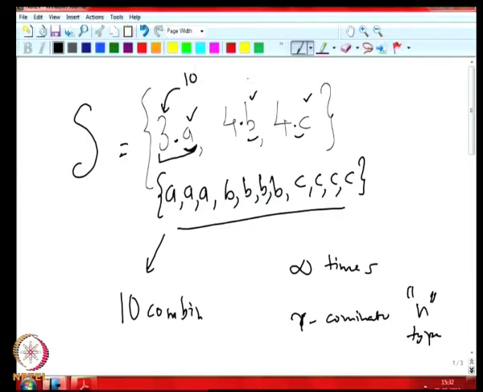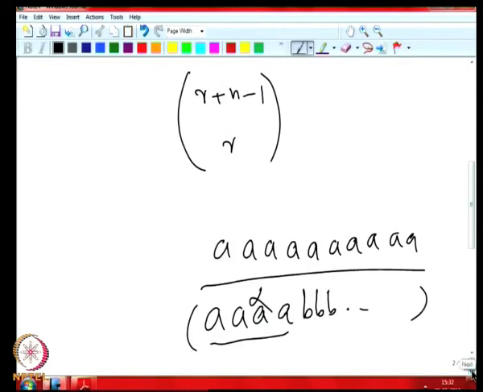If we had at least 10 of everything, then we would not have noticed that the repetition number is not infinite, because whenever we want to take an A, there will be an A. We are only taking 10 things out of it, and as long as 10 A's are available in the multiset, A's will never run out when we try to make a selection. So, we can make all possible selections the way we want.